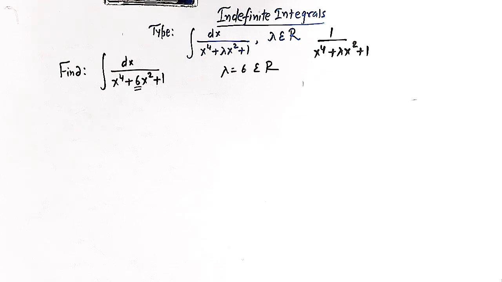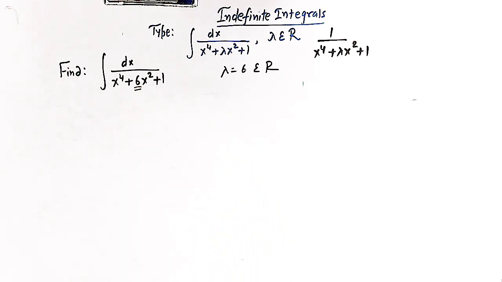So in this class we'll see how we can solve these kind of indefinite integrals using the method of substitution, right? So let us first see some important results which we are going to use while solving this